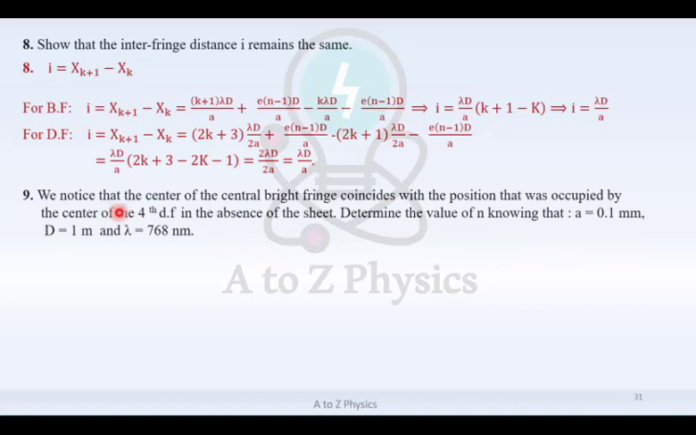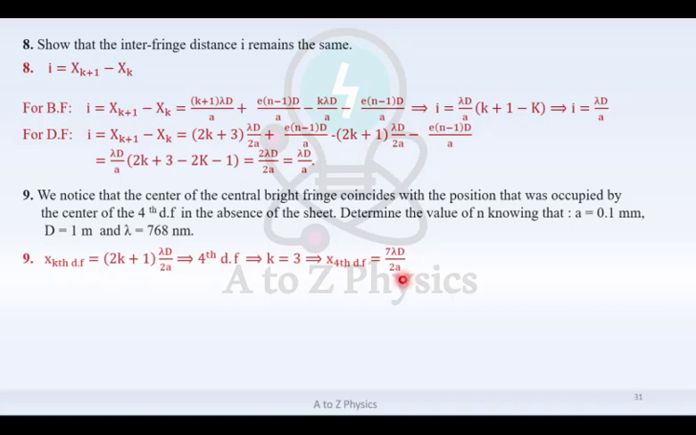Part 9. We notice that the center of the central bright fringe coincides with the position that was occupied by the center of the fourth dark fringe in the absence of the sheet. Determine the value of n, knowing that a equals 0.1 mm, d equals 1 meter, and lambda equals 768 nanometers. x of the kth dark fringe before introducing the plate was equal to (2k plus 1) lambda d over 2a. Since we have the fourth dark fringe, k equals 3,